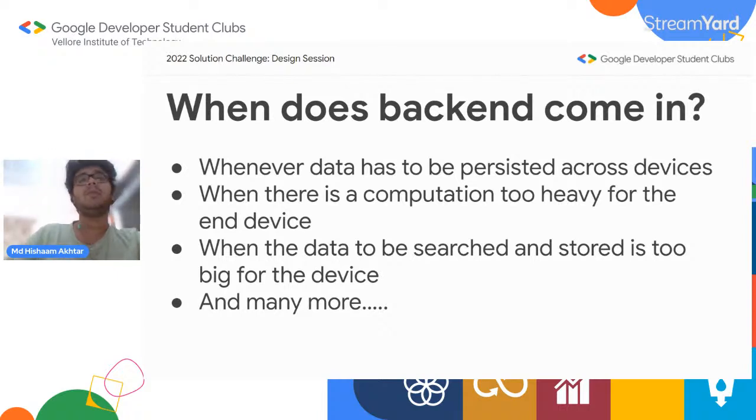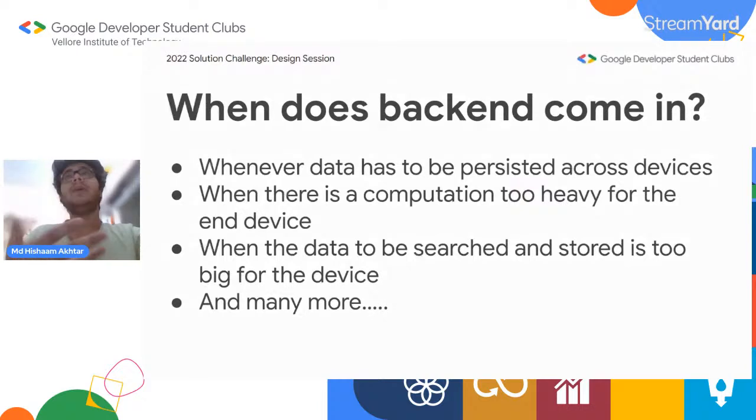When data has to be persisted, or suppose there's some sort of computation that needs a lot of resources, right? Your phone is a really small device and it cannot perform very huge computations. So if there's a computation that is really huge, that should be performed in the backend and not on the app itself. Then the third is that the data that you're dealing with is